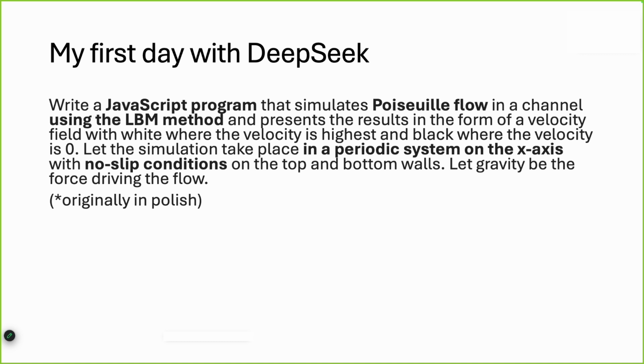So you have to point out some things, and now imagine them like pins. You are putting in a pin. One pin is Poiseuille flow. It has to be Poiseuille flow. The other pin is that it has to be LBM. The other is that it has to be written in JavaScript. The other is, I don't know, that the background is white. Everything else that is not set has to be filled out by the network.